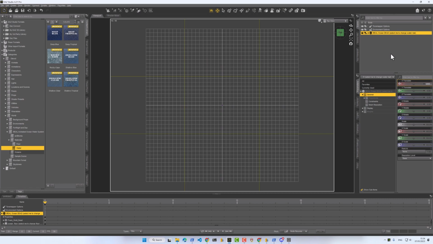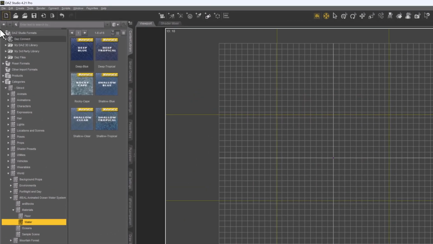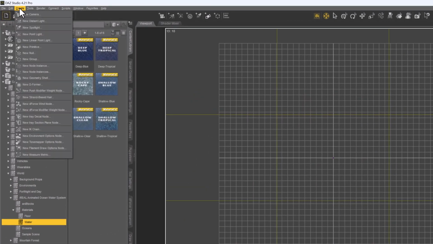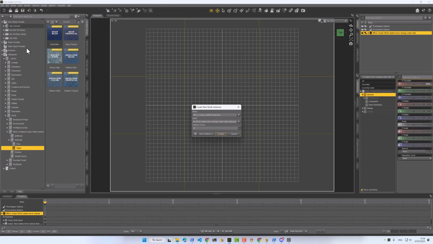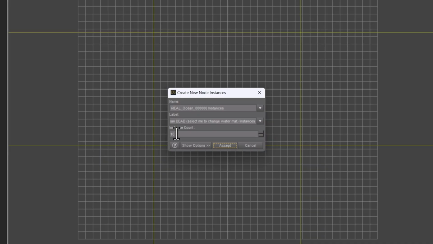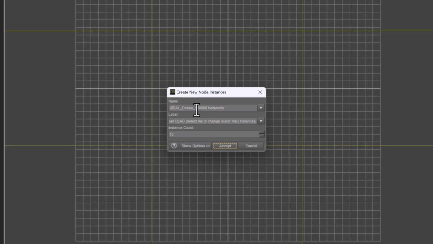The instructions in the package state that we should now proceed to duplicate this node as many times as we need to. We will do things slightly differently. What we'll do instead is create new instances of this master tile. As many as we need. This will help to keep the polygon count somewhat under control. The scene will still be a heavy render, but at least we can try and keep the VRAM requirements as low as possible.